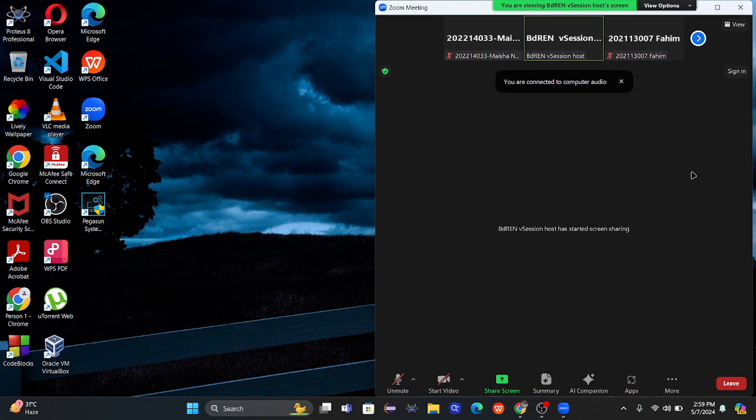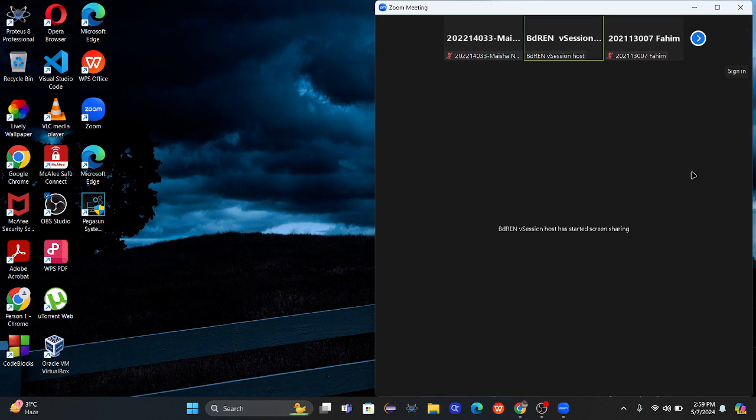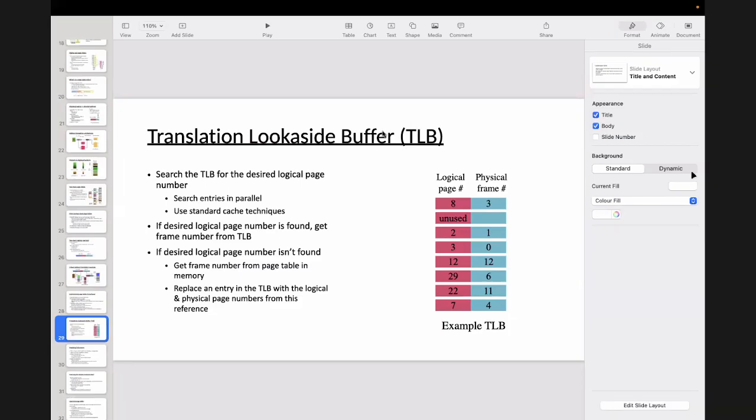See here, hardware cache. Now you know, cache is very fast compared to the main memory. The page table is in the main memory, whereas this translation look-aside buffer uses cache techniques. So this is much faster.